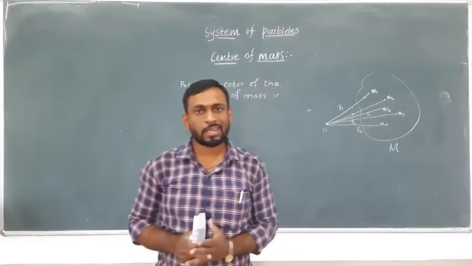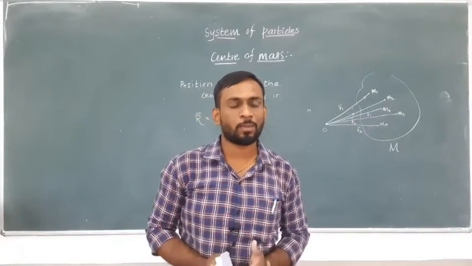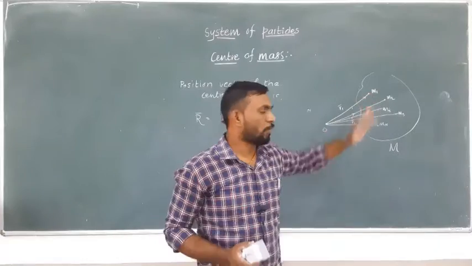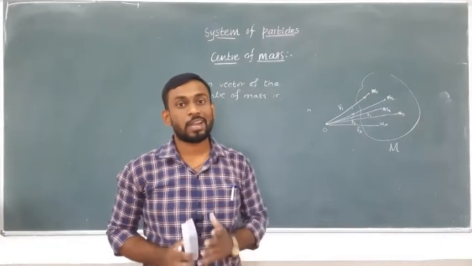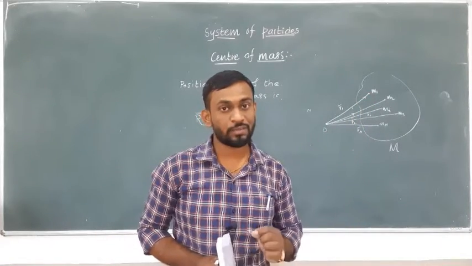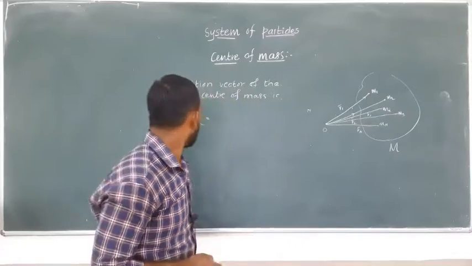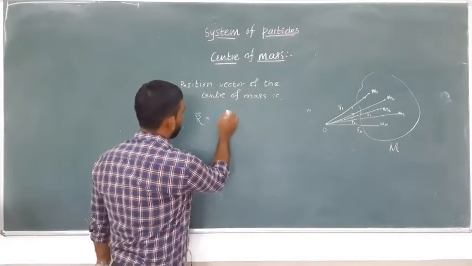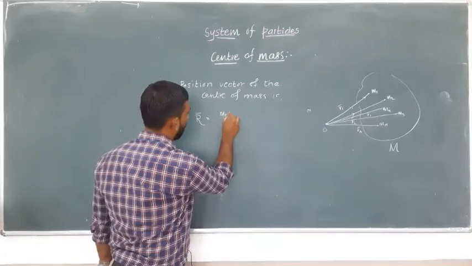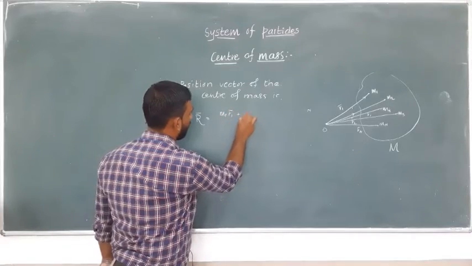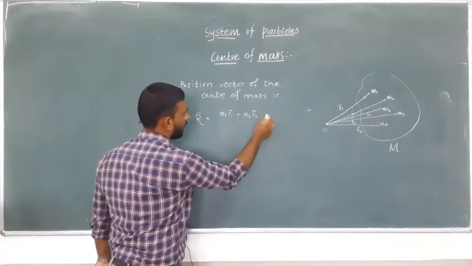If we take a weighted average of the position vectors of all these masses, we will end up with the position vector of the center of mass. So let's look at m1 r1 bar, m2 r2 bar,